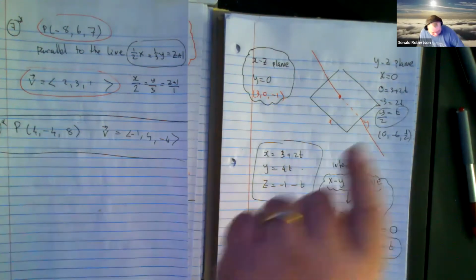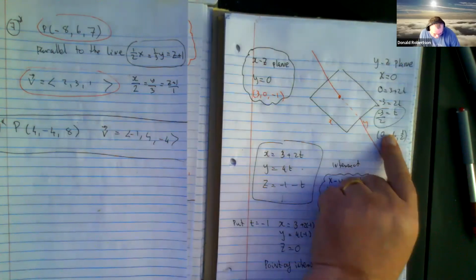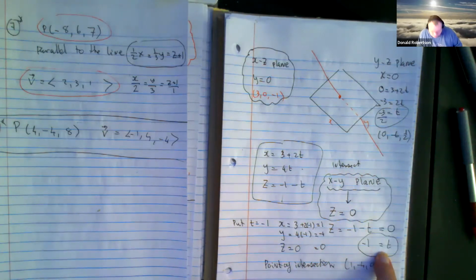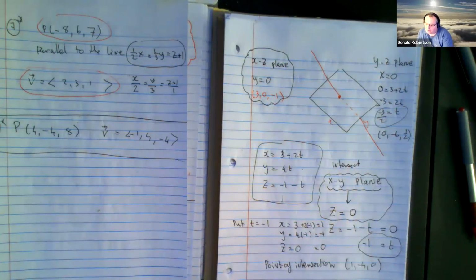And so that's where it crosses the XZ plane. This is where it crosses the YZ plane. And this is where it crosses the XY plane. So have we got the strategy for where a line crosses any one of those 3 planes? Doesn't really matter which one. I think the question I'm looking at is question